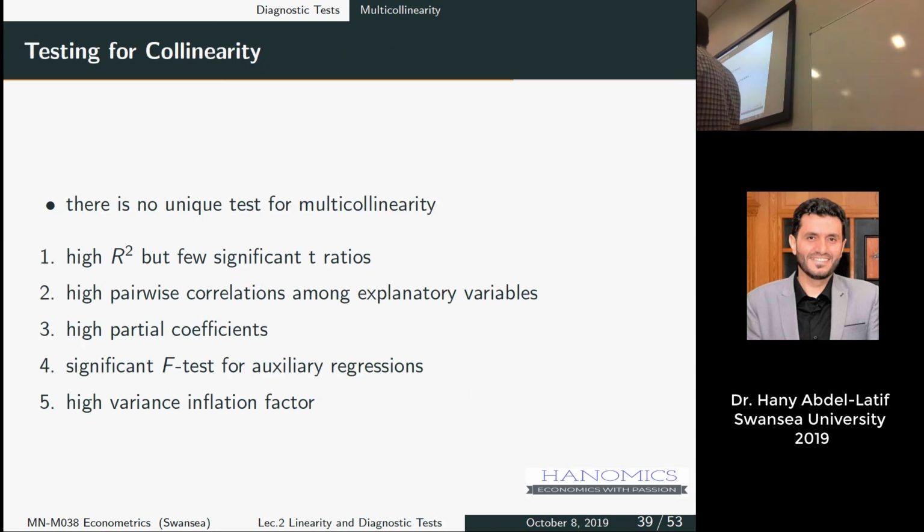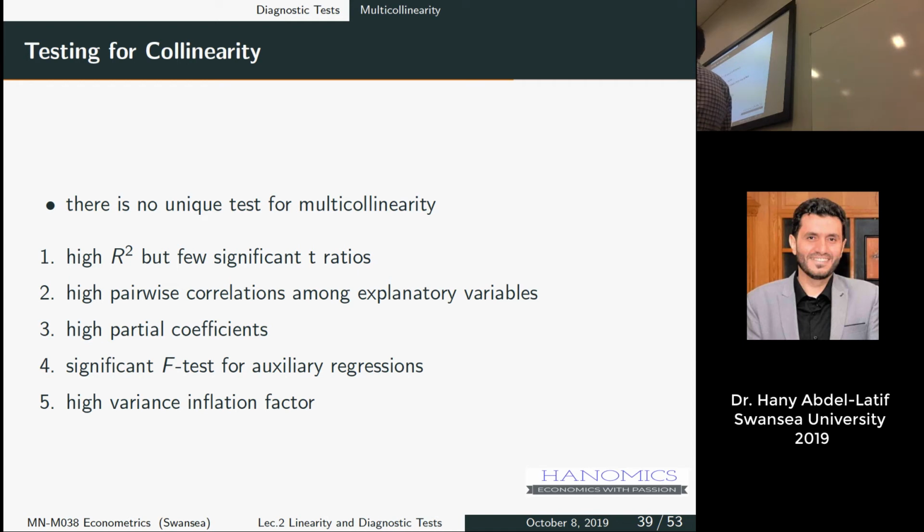There's no unique test, but there are some signs or symptoms that you can see in your estimation. We already highlighted one of them: when you have a high R square but few significant coefficients. When you have a high R square, you expect that some or more of your coefficients would be statistically significant, which means your model explains much of the variation in the dependent variable. But if it doesn't, that's a sign that you might have